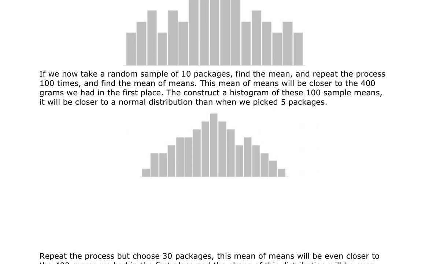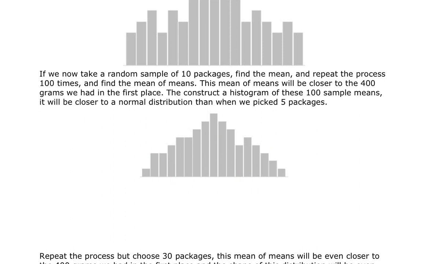Now, I have 100 pieces of data, and each one of the pieces of data is a mean, and because we're grabbing a larger sample size, the mean of my means, the mean of means, super mean if you will, is going to be closer to the 400, and it's going to have more of a normal or